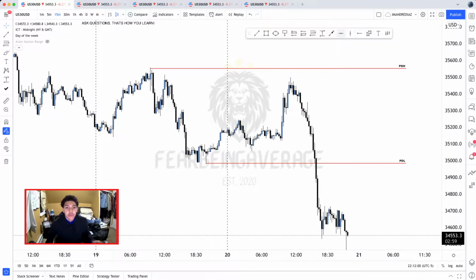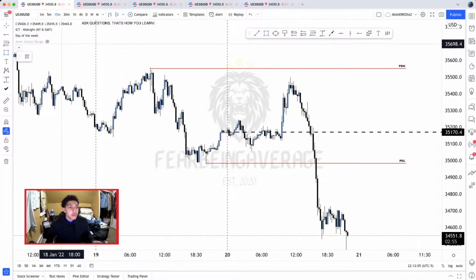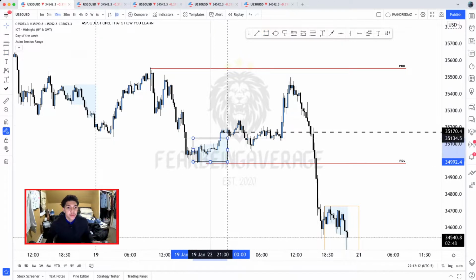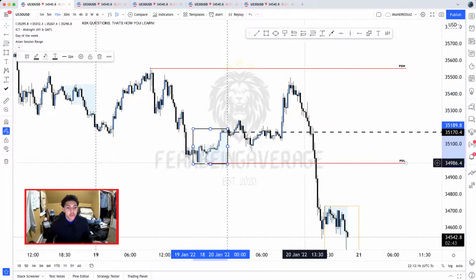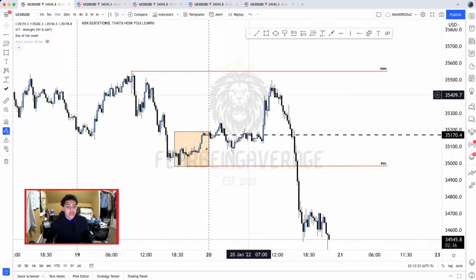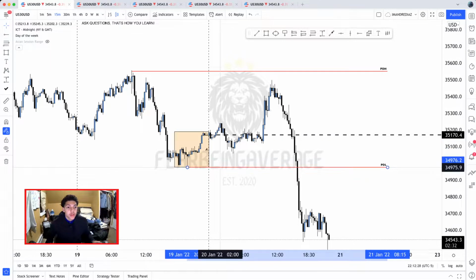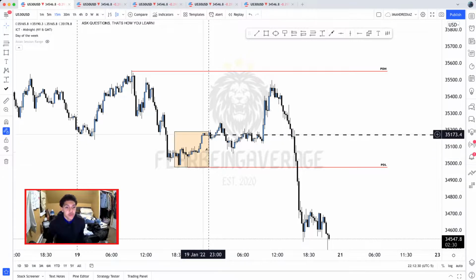So next thing I'm gonna do is mark up the 12 a.m. open, which is right here, and then from here I'm going to mark up the Asian session range, which is going to be from right here to right here. Let's get that up there, high and the low. And as you can see, the previous day's low is also the Asian range low. So they're both the same thing as of right now. Let me make this perfect. I got OCD, guys, sorry. The Asian range low, the 12 a.m. open, and then we have the previous day's high and previous day's low.